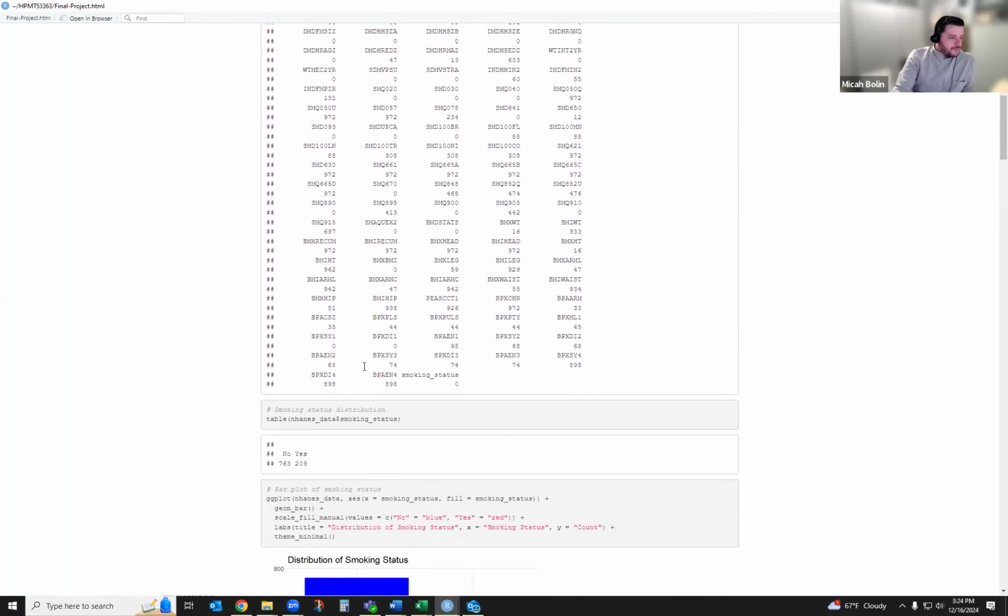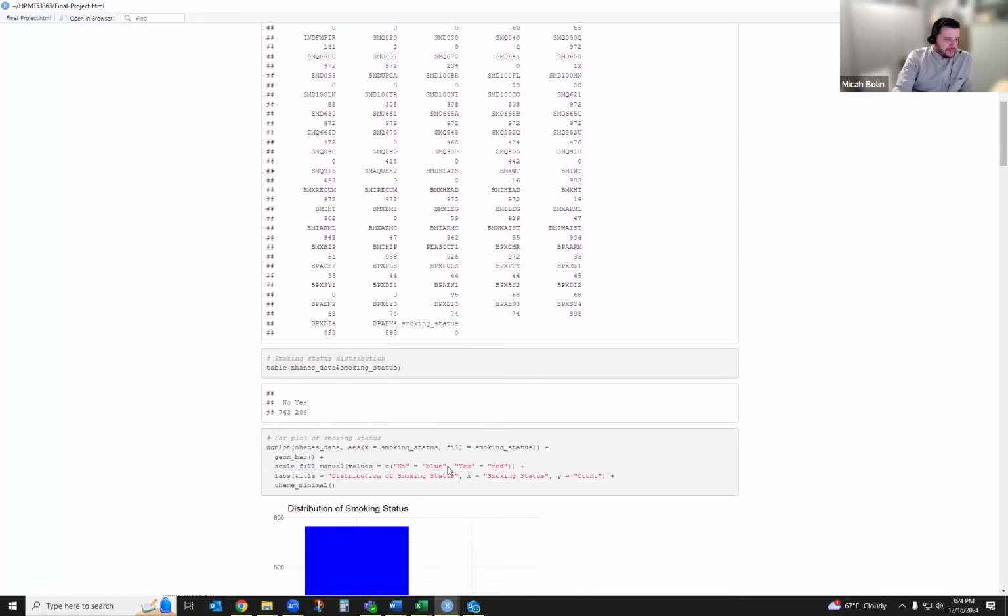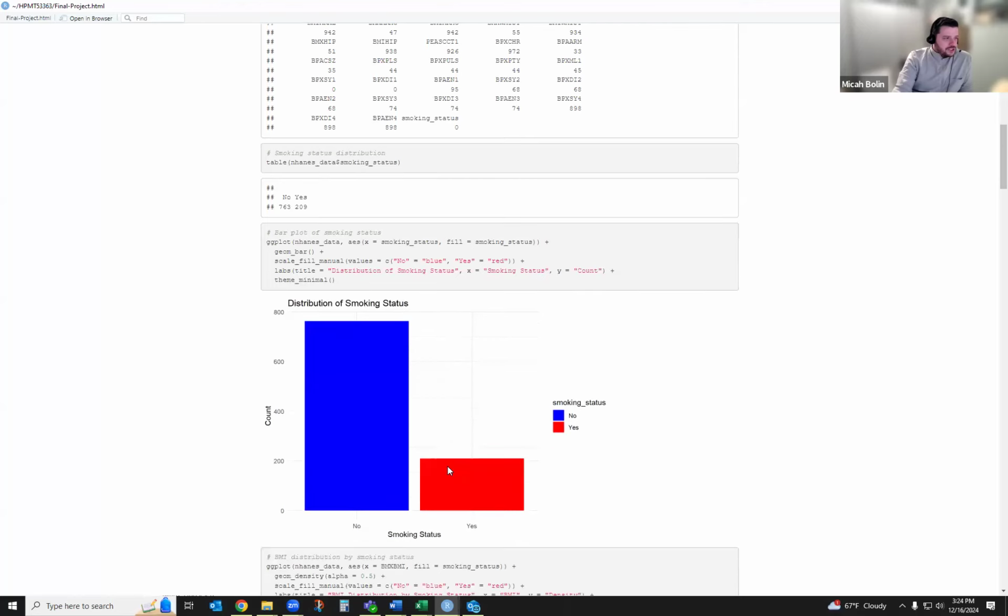So as I go forward, we're now down here where I looked into some exploratory data based on smoking status. As I mentioned, separating the yes and nos into different columns, which is here in this table. And then I ran a bar plot from ggplot essentially to show the breakdown of the yes and no answers.